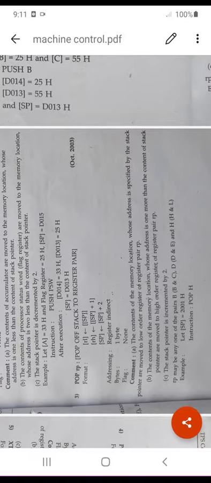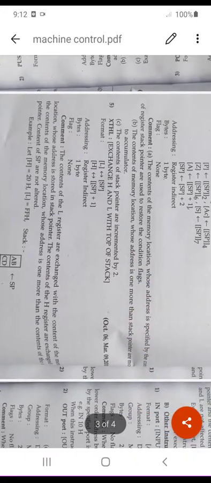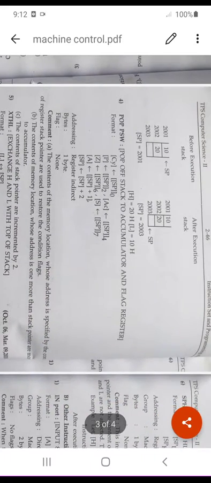So for example, if we take stack pointer position 2001 and the BC register pair, then after POP B, what will it do? It will take the content at the stack pointer position to register C first, and then the next to register B, and then the stack pointer will be incremented by 2, that is, it becomes 2003. So it is clearly mentioned in this example.